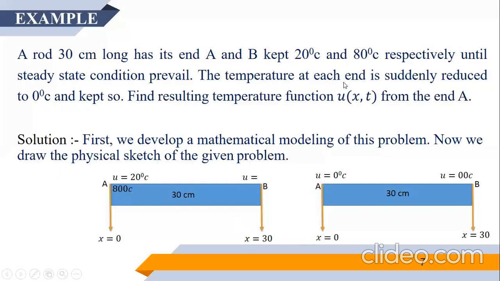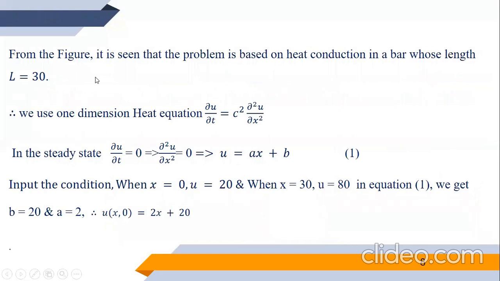Also here, given that the steady state condition prevails, that means the 20 degrees and 80 degrees at both ends are converting at a 0 degree temperature at the A and B ends also 0 degree temperature. So from the figure it is seen that the problem is based on heat conduction in a bar whose length